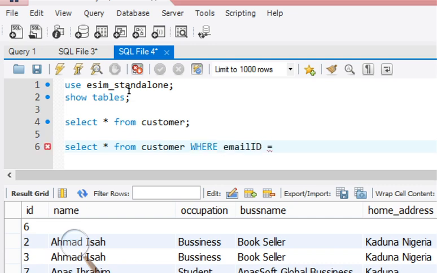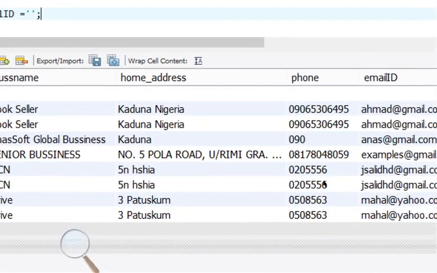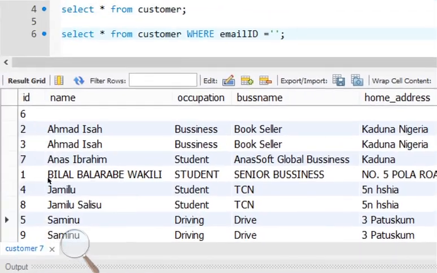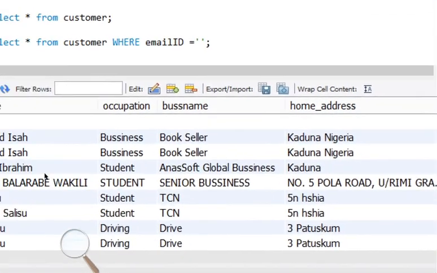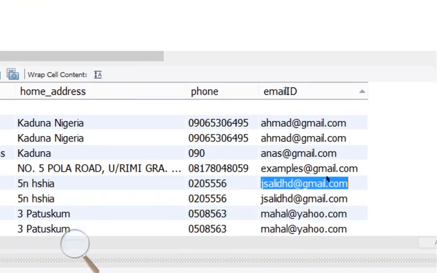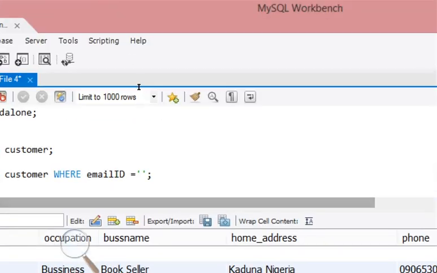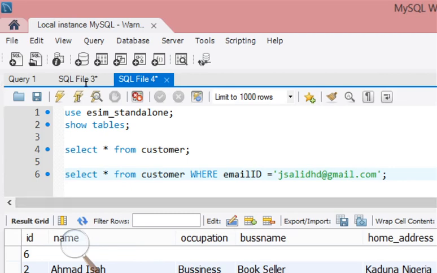Let me just check, categorically, on a particular email ID. I think his email ID was this, right? Yes, that was his email ID. So I'm checking if this email ID exists,